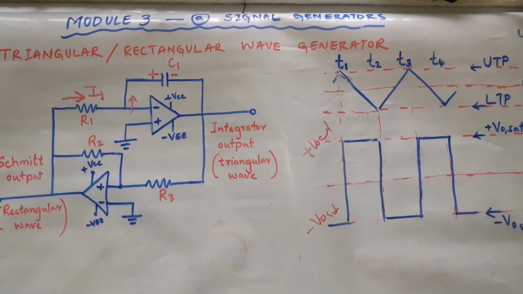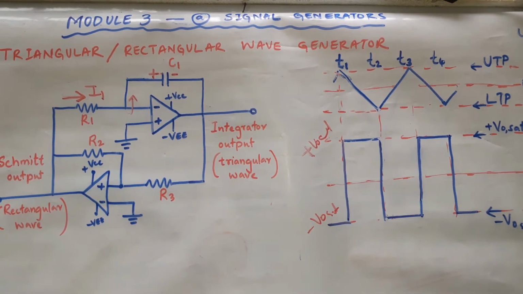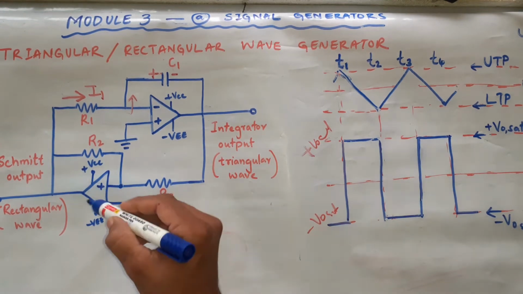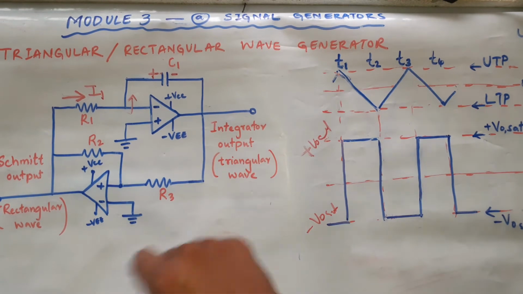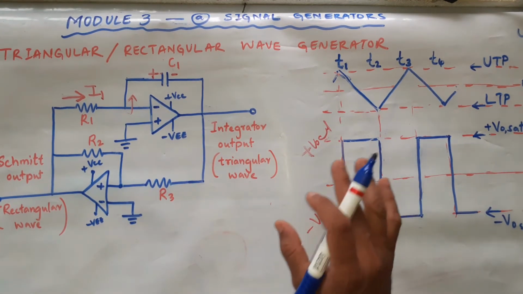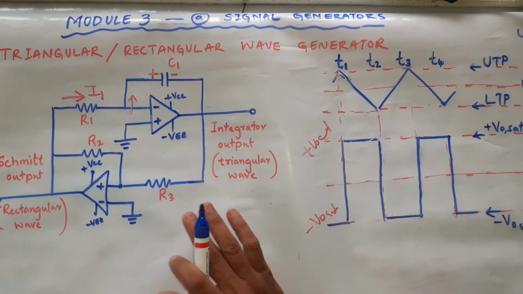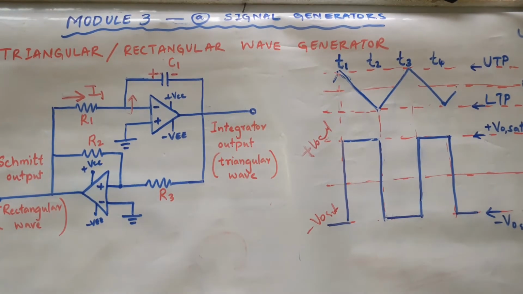One important thing here is that we call this circuit a free running signal generator, as no input is required. Because the output of one is being used as the input for the other one, and the output of this is being used as the input for the other one, like a closed loop. So this circuit works continuously producing square wave and rectangular wave without taking any input. The only input will be the supply voltage for the op amps.